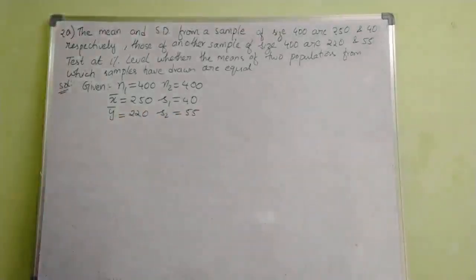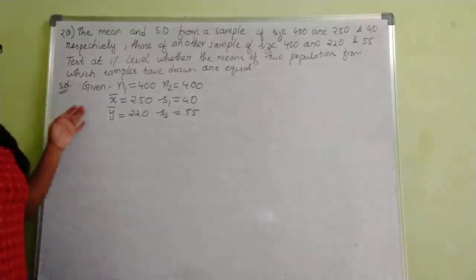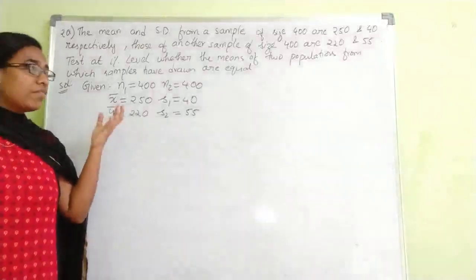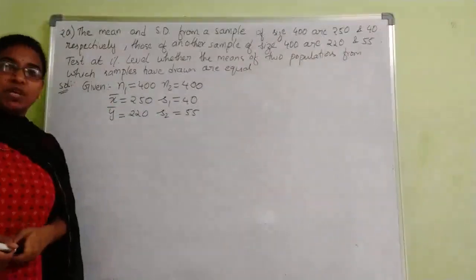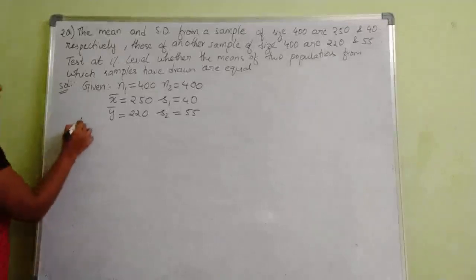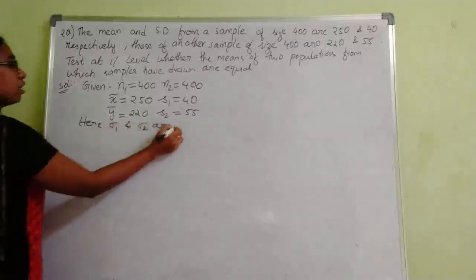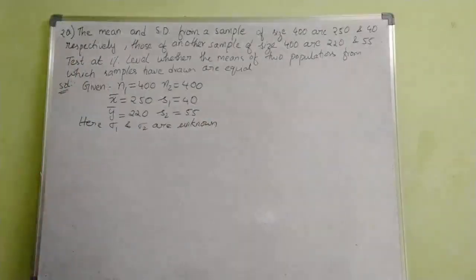So here, is the sigma value given or not? Is there anywhere a sigma 1 or sigma 2 value, that means the population variance? Any one population variance, or whether they are equal or not, or at least information about sigma 1 square and sigma 2 square, is not given. That means this is a case where both are unknown. So here sigma 1 and sigma 2 are unknown, so we will be using case 3.